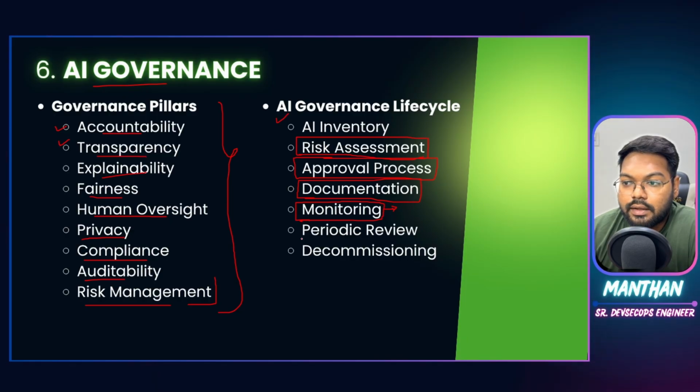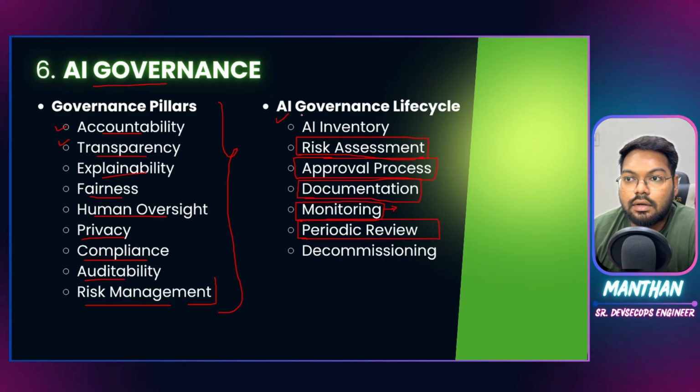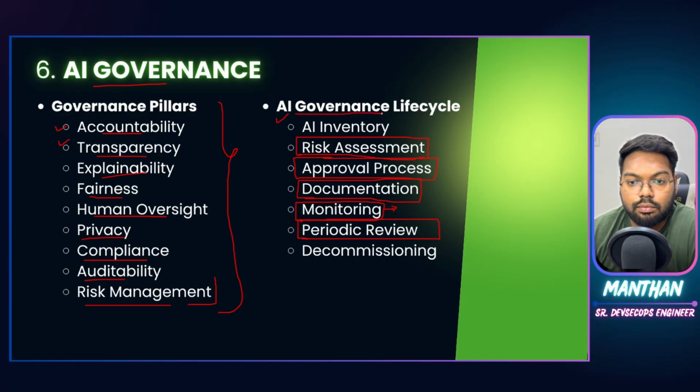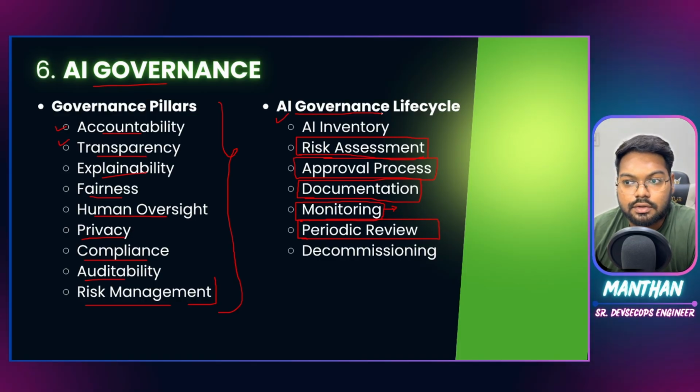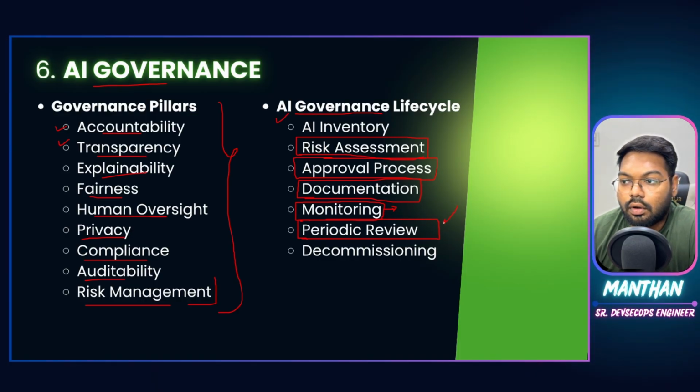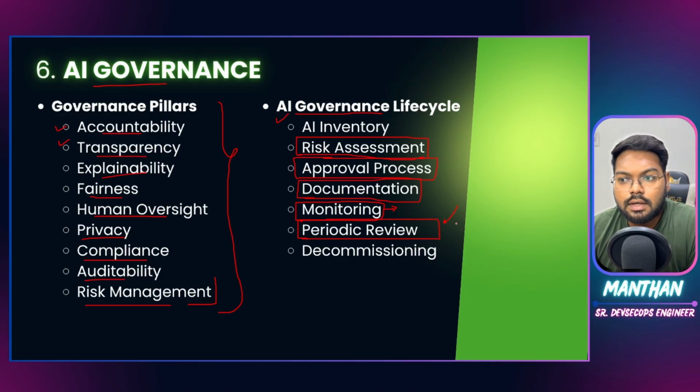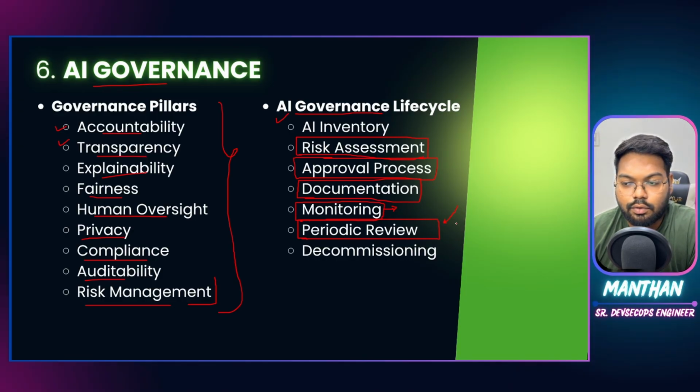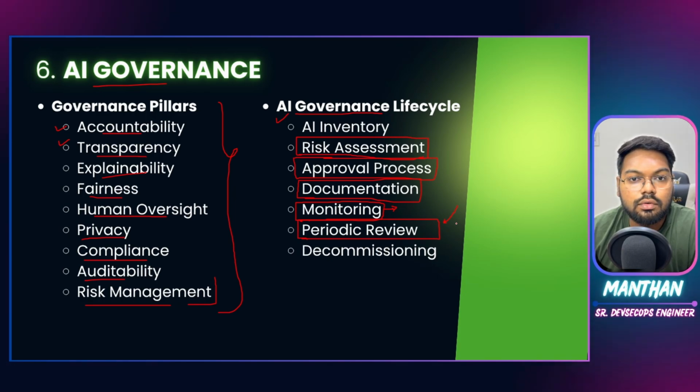So that's one. And then you should be doing a periodic review or assessment of the things that are in place. Is it still properly conducted in your organization? There is a monthly, half-yearly or quarterly cycle that every organization goes through, which conducts pen testing, audit reports, and then there is a change management procedure. All of these different things are reviewed and improved for better governance of your applications.